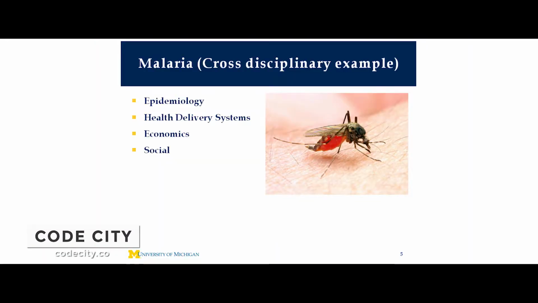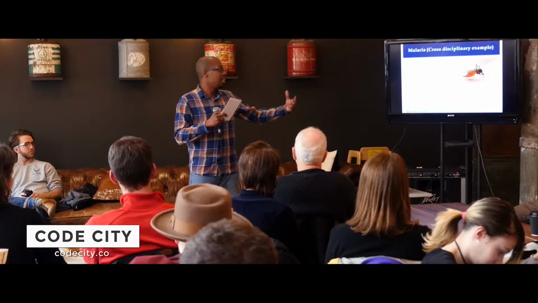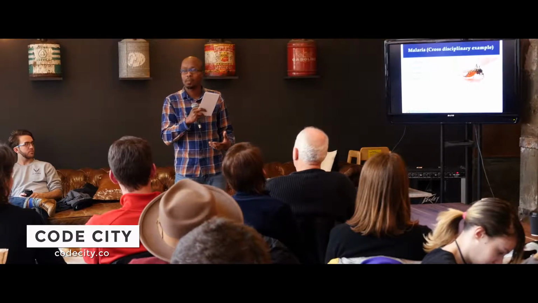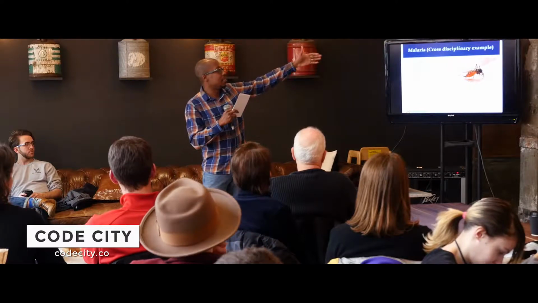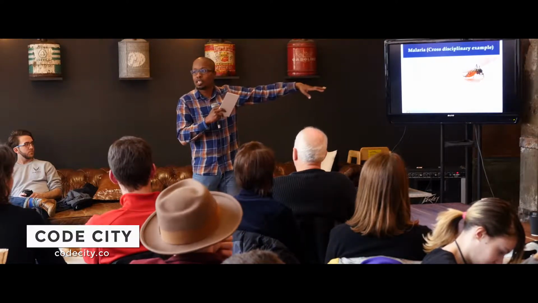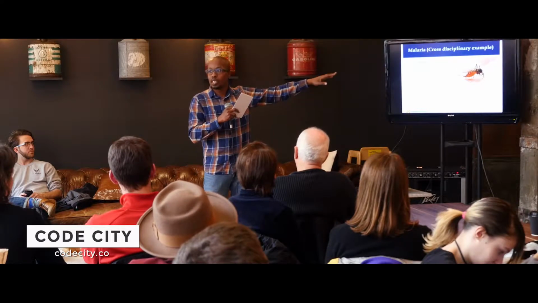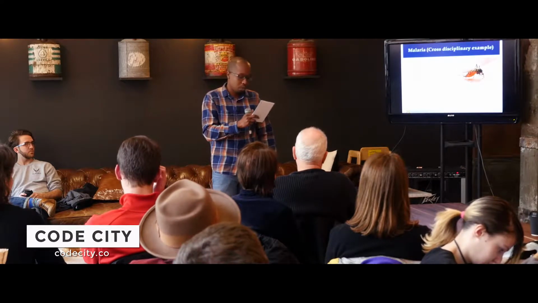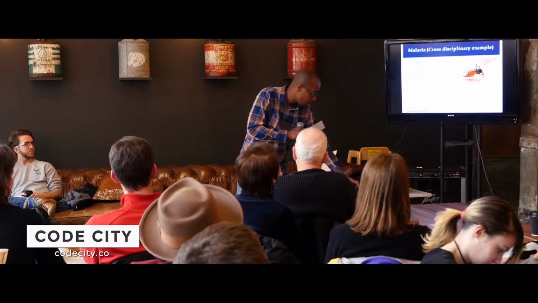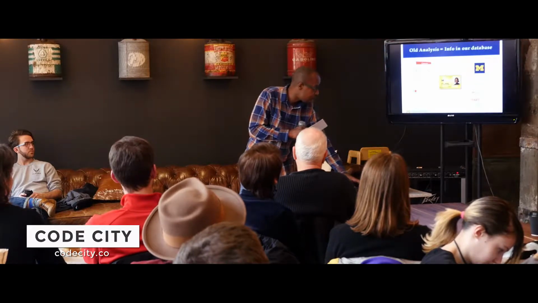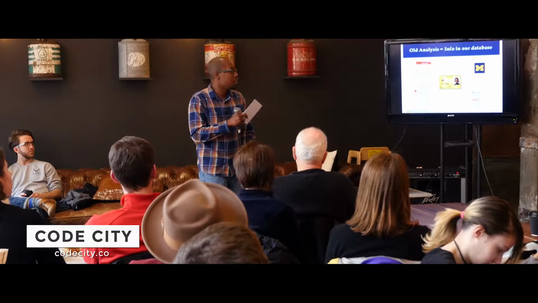There's the economic aspect. So even if you know how you're going to provide the services and you know how it spreads, do you have enough money in the country that you're in to actually pay for those services? And then there's the social and psychological aspect. Now, if somebody's giving to malaria, what school does this go to? There's no one school in the university that this will go to. This cuts across multiple disciplines. And so that's one of the challenges that we're facing.